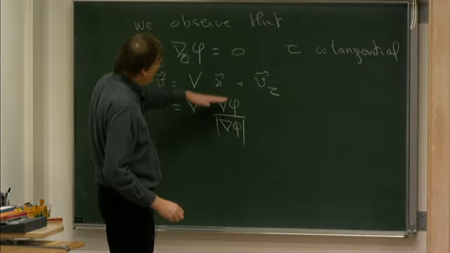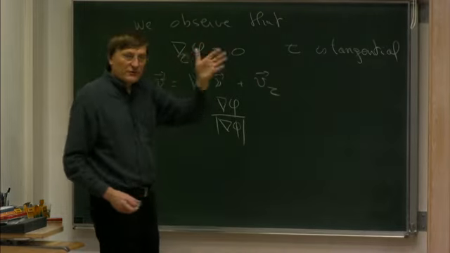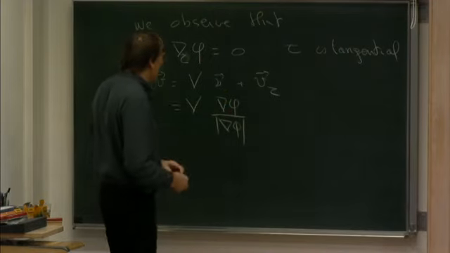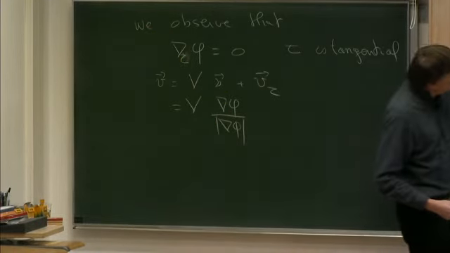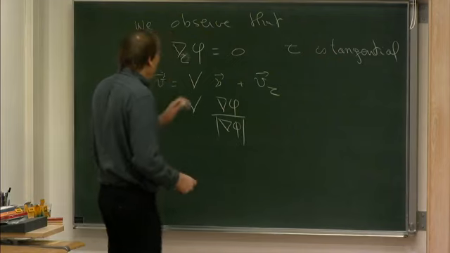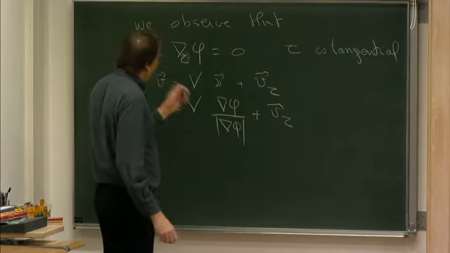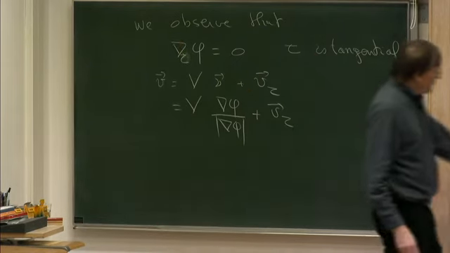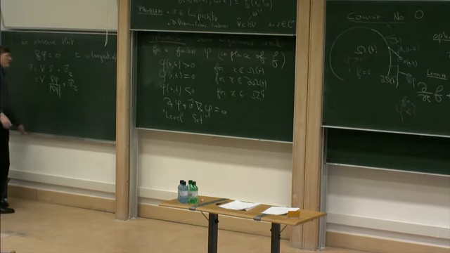This is the normal to the interface because grad phi is exactly in the direction of the normal, as long as it doesn't vanish, so that you have really a strict transition from positive to negative. So if you do that, plus v tau, and then you put that in this formulation, you end up with